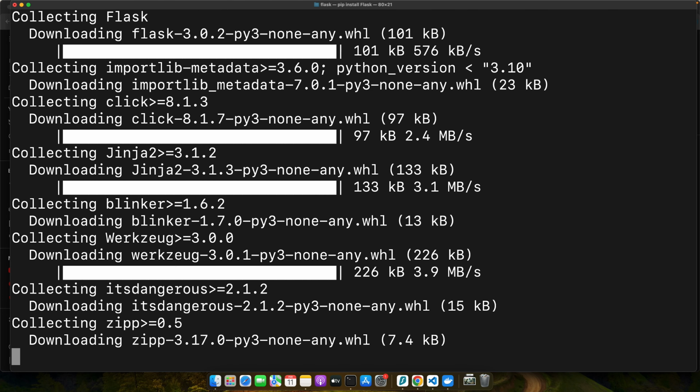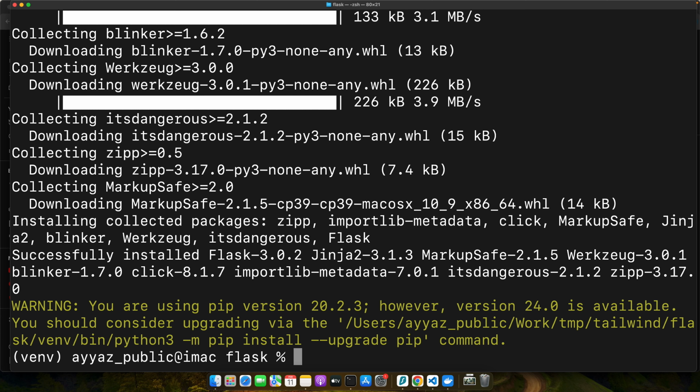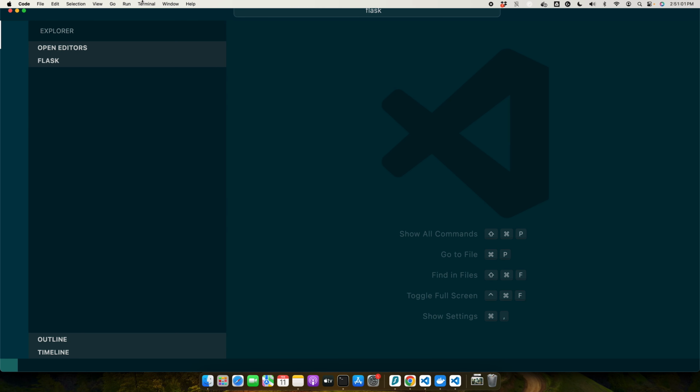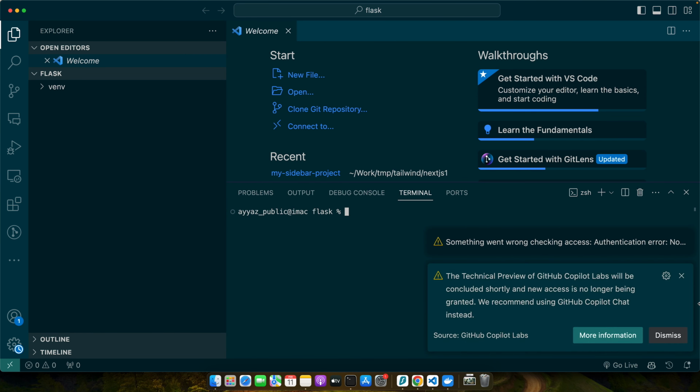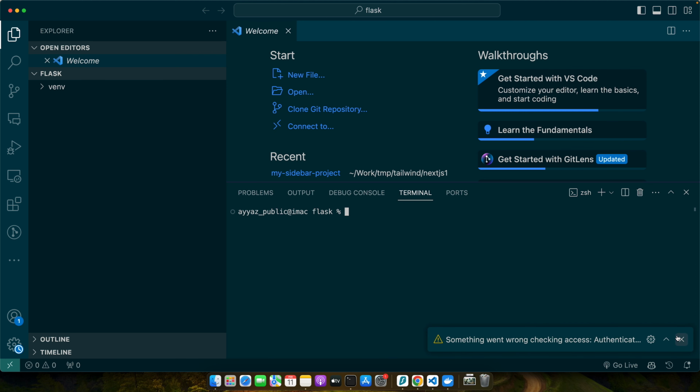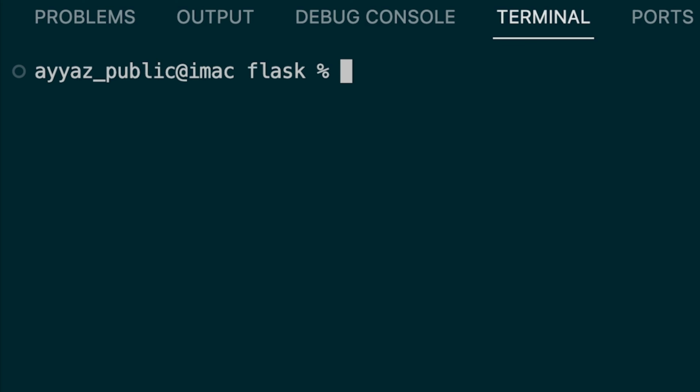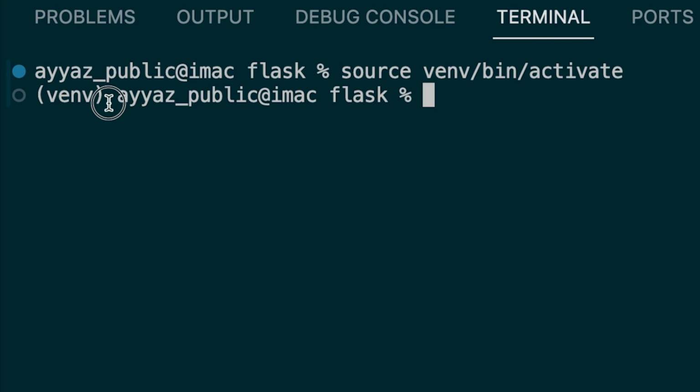So with Flask installed, let's quickly scaffold a basic Flask application to get started. So first of all, let me open it in my VS Code. That is my editor in this case. And here, open the terminal. If you open VS Code, make sure that you are using the virtual environment that you created earlier. So for that, you again need to call source venv/bin/activate. Okay, now it is available to use. Okay, now let's create a file